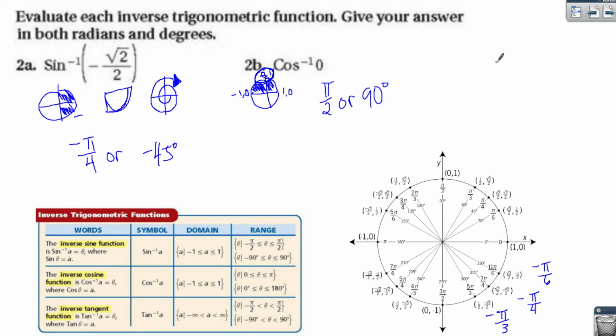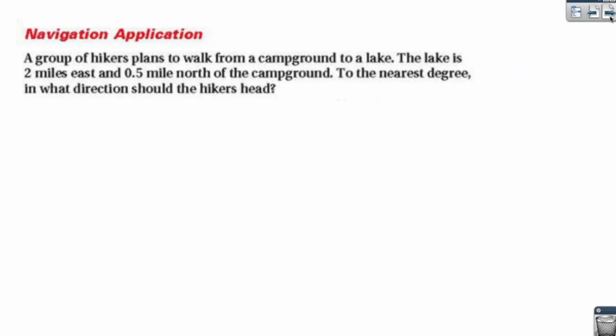All right, let's go forward now. So now that you've figured out how to evaluate and how to use your unit circle alongside the problems, let's look at an application problem. There's this group of hikers. They intend to go from a campground to a lake, and the lake is actually 2 miles east and 0.5 mile north. So to the nearest degree, we're going to identify what